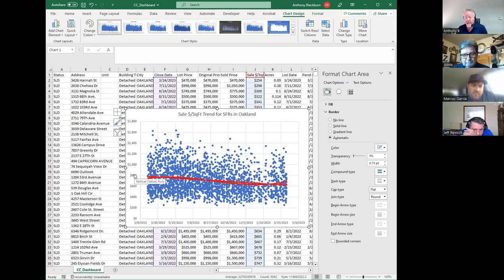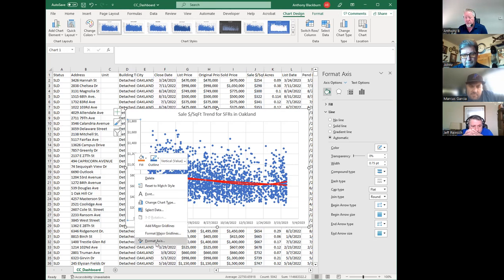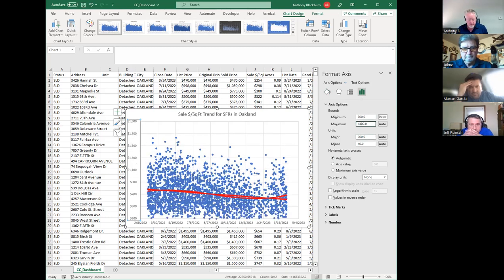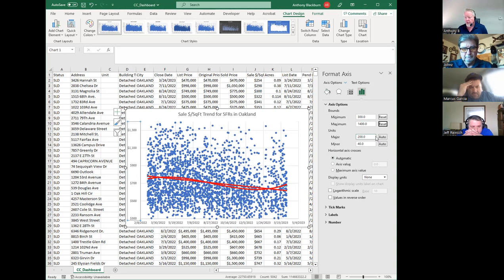So let's try that. If you select the scale, right click and format axis, you can change the minimums and maximums. So let's go from 300 to 1400. Okay, see how the scale is more pronounced now. The scale is smaller, so it's a little more pronounced here and a little easier to see. Does that make sense, guys? Yeah. Okay, and you could copy and paste this into your reports